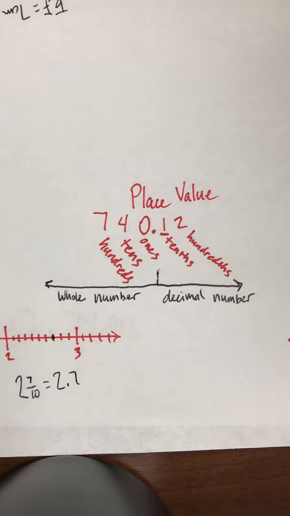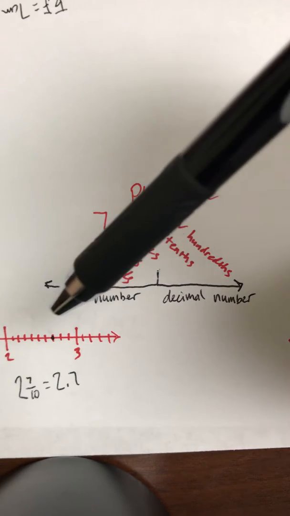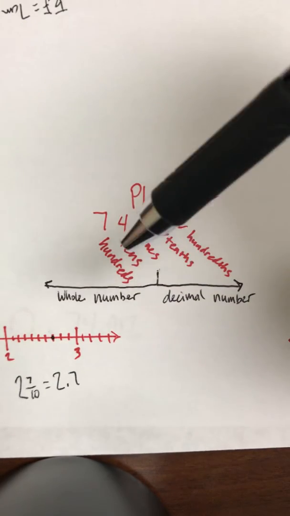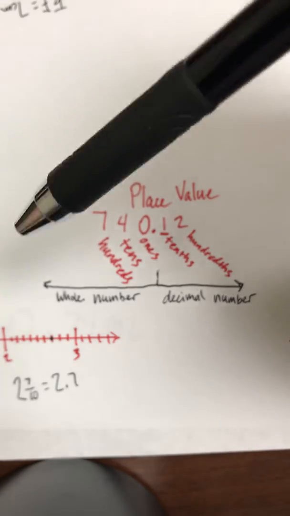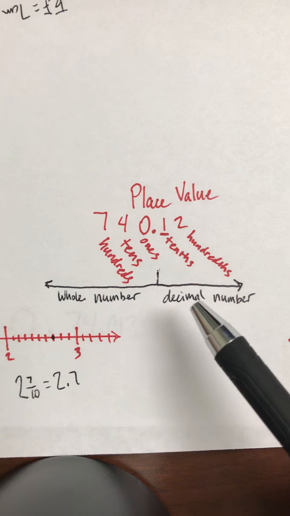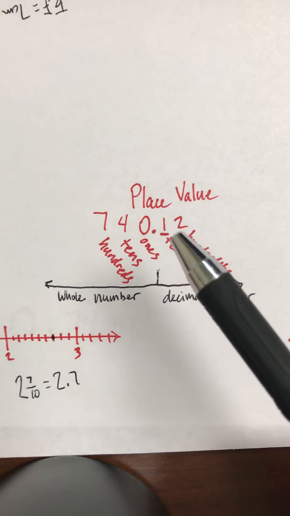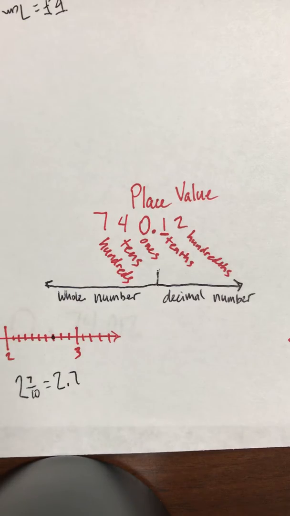So a couple of things to remember. On the left side of our decimal, we've got our whole numbers, and we write those as ones, tens, hundreds. If we put a comma, we could go with thousands, 10,000s, 100,000s, and so on. On the right side of our decimal, we've got our decimal numbers, and we write those as tenths, hundredths, and thousandths if we wanted to add more to it. So when we compare, like I said, two things to look at: where the decimal is, and then our place